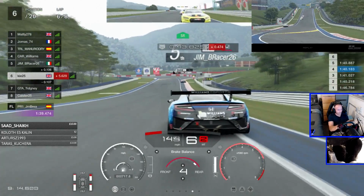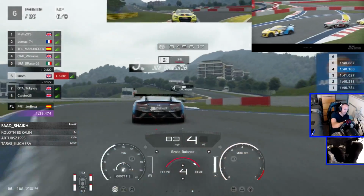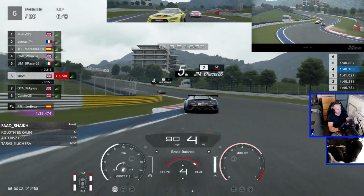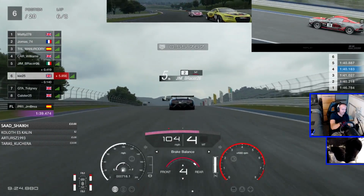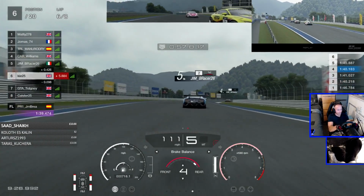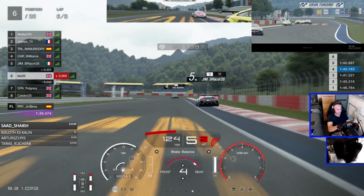As we now go downhill, we're going to pick up the slipstream from Jim B Racer. We're really close behind his bumper here now, and he brakes very early, and that catches me a little bit by surprise. So I have to brake early, and then Tidgeney has to brake early because I've braked early, and he taps me in the rear, and it takes him offline a bit, and he actually gets a penalty for that. I think there he picked up half a second penalty, but I'm going to go defensive here,